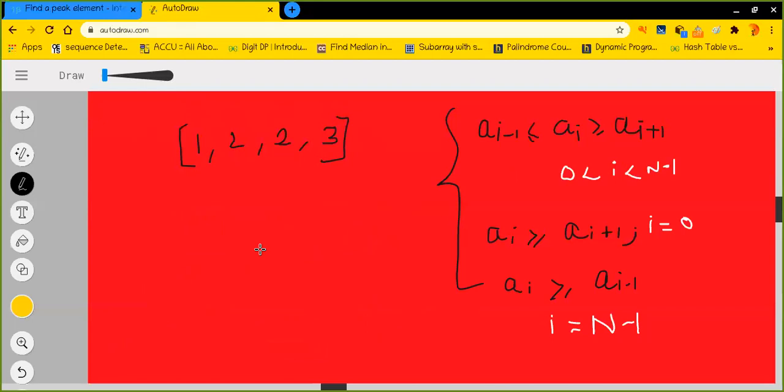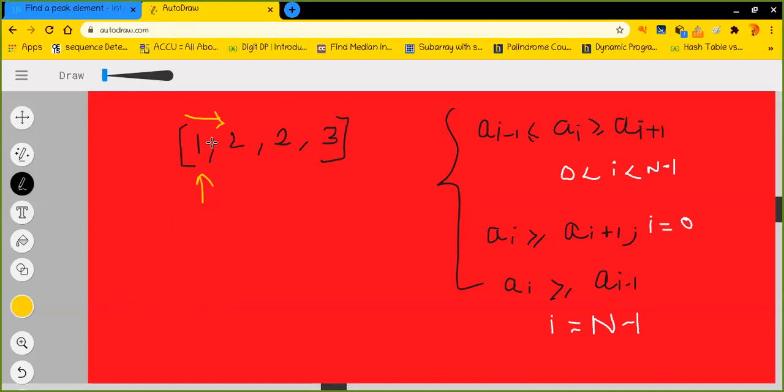One of the quickest approaches is that we can start the loop from left to right or right to left, it doesn't really matter. But for convenience, let's start the loop from 0 to n minus 1. Let us say I'm right here at position 0, and I see that it does not have any left neighbor, but it has a right neighbor.